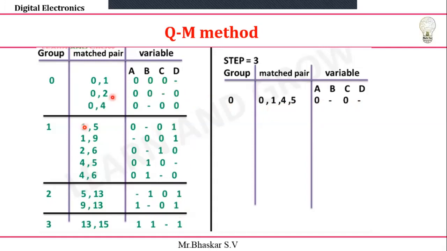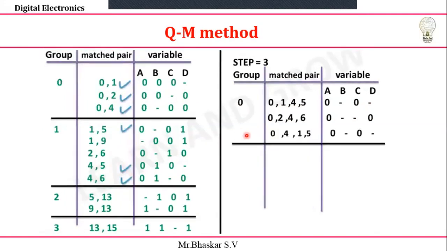Next, I'm looking for 0 comma 2, just check it out here. Looking for 4 comma 6, but here you can see that 0 0 dash 0 is there, 0 1 dash 0 is there. Then you can take the second bit. Directly I can write 0, 2, 4, 6. Just check it out, 0 comma 2 and 4 comma 6. Once you match the pair, again you need to tick. So 0, 2, 4, 6, we are going to take as 0 double dash and 0.